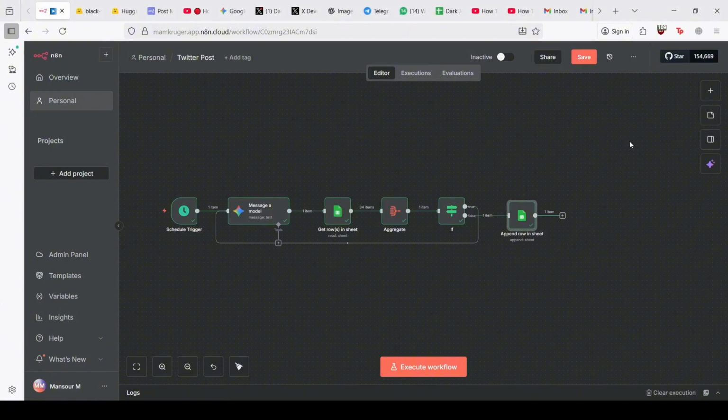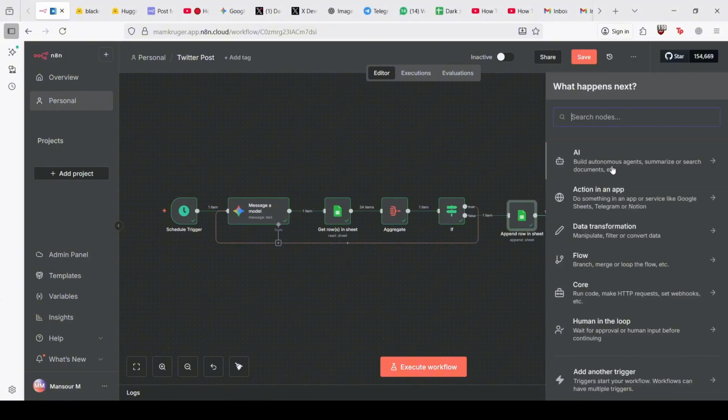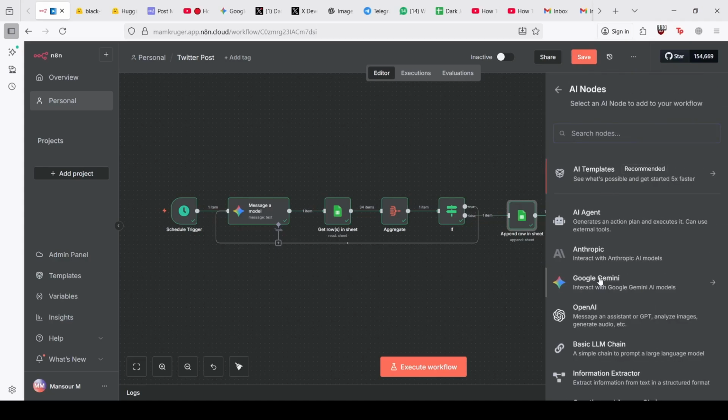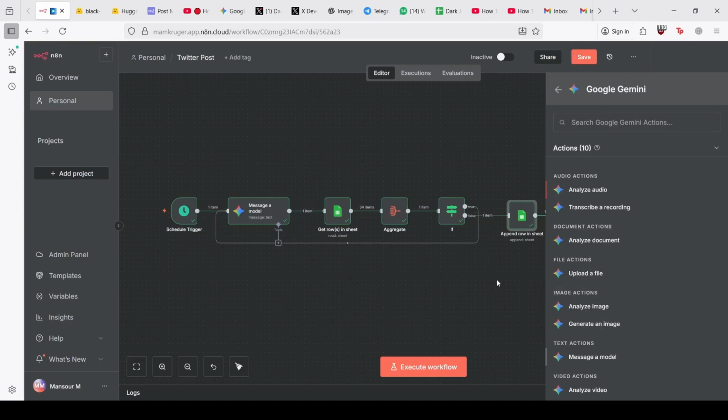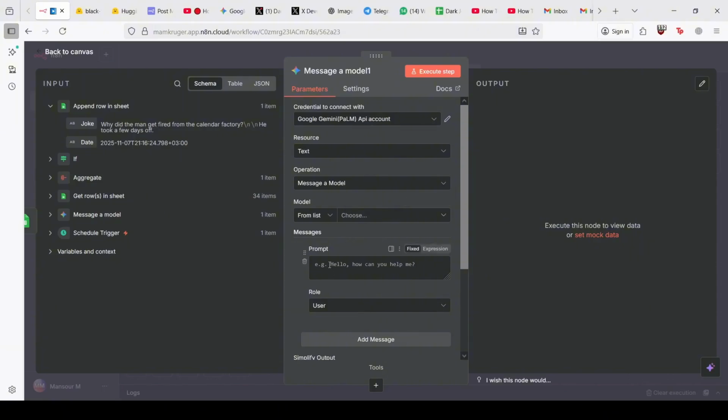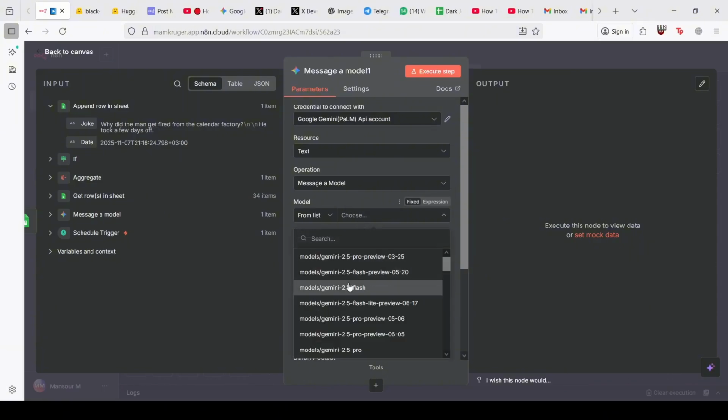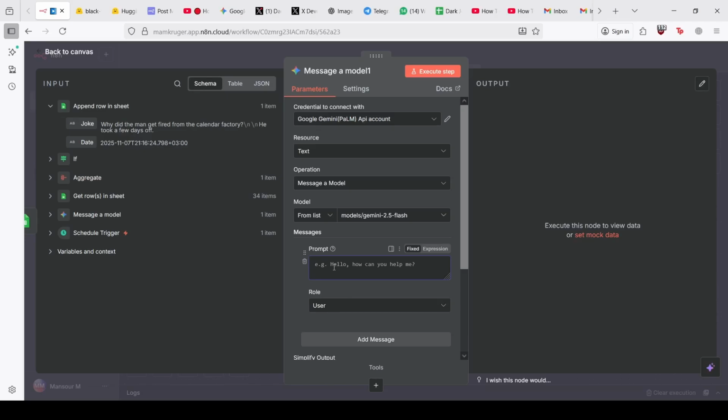Now we have the joke, and we added that joke into the Google Sheet. Now we want to get an image. First of all, we need an image prompt that is related to that joke. So what we can do is message a model, Google Gemini. So we select this and we say, give me